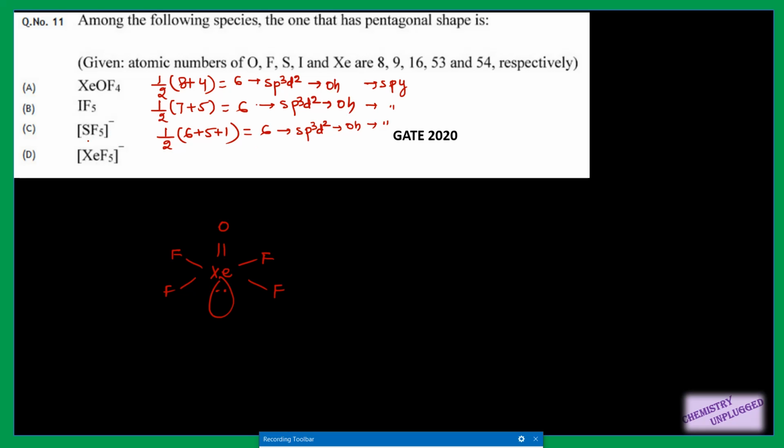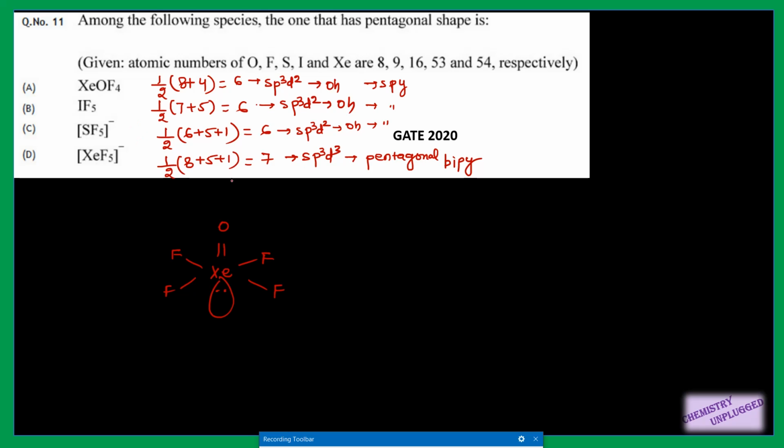Then we have this XeF5 minus, so it has 8 valence electrons, 5 is the number of monovalent atoms, plus 1, right? So 8 plus 6 is 14, divided by 2 is 7, means it should have sp3d3 hybridization. sp3d3 means it should have pentagonal bipyramidal structure,